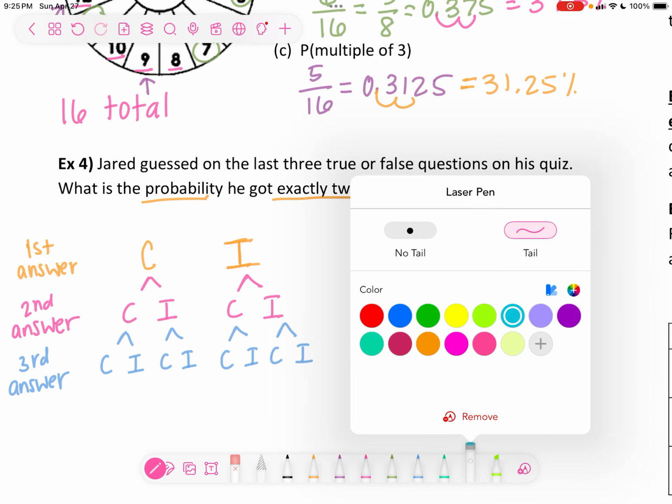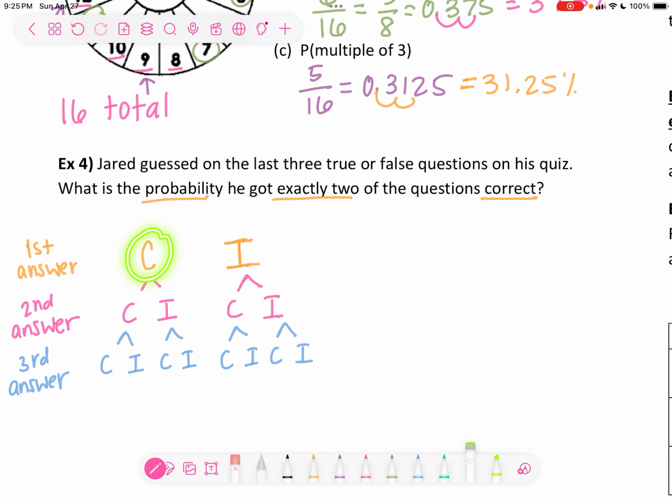Let's say that he got the first one correct, the second one correct, and the third one correct. That's one option, right? Or he could have got the first one correct, the second one incorrect, and then got the last one correct again, right? He could have maybe got the first one incorrect, the next one incorrect, and the last one incorrect, right? Maybe he got them all wrong. It could happen, right? But that's what this tree diagram shows us, all of the possibilities,